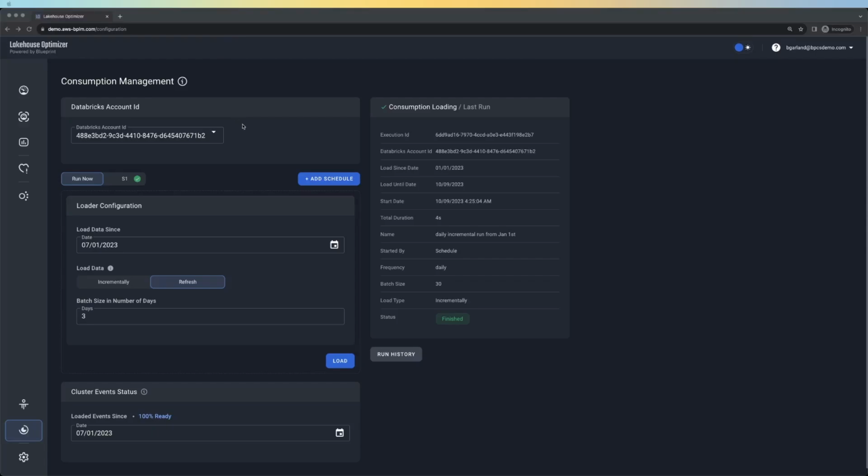Let's walk through the consumption management page. Consumption data is made available on a daily basis starting with the previous day and going backward in time. This is done using Azure Consumption API in Azure or Databricks Billable Usage Details and AWS Cost Explorer API in